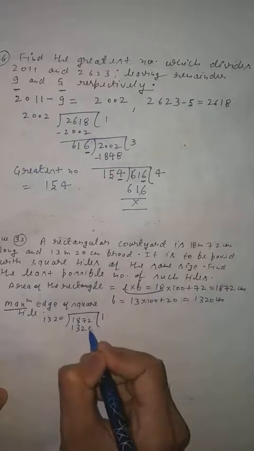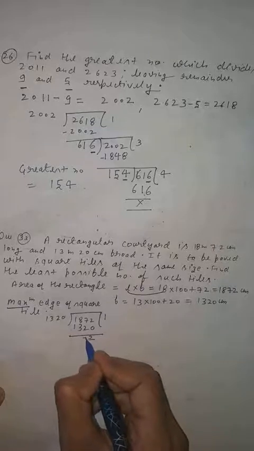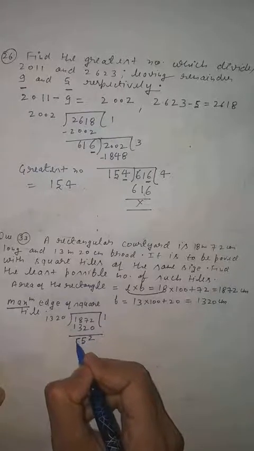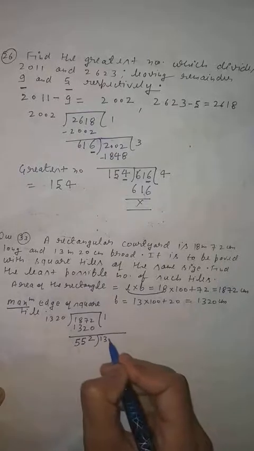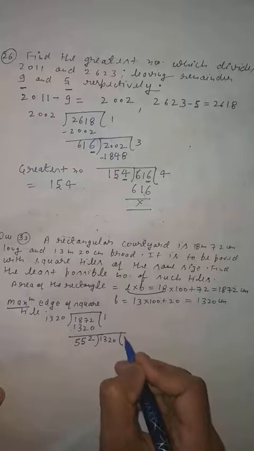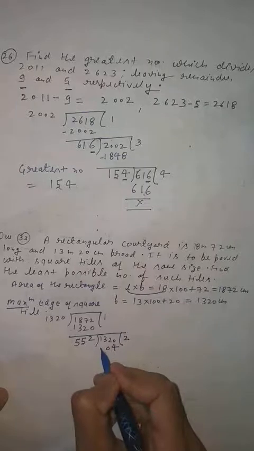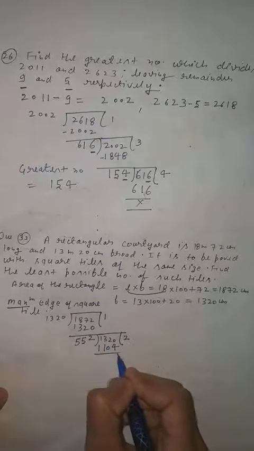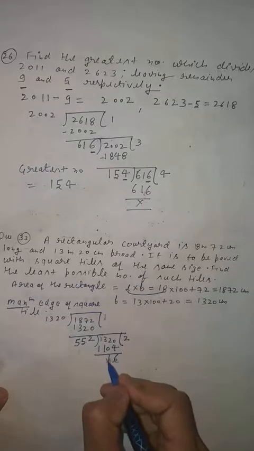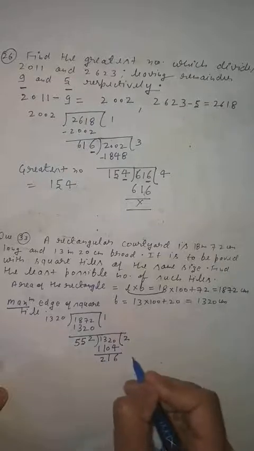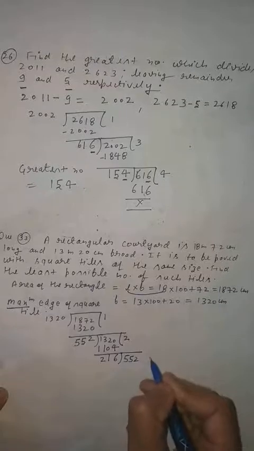Clear, students? So find out, this will come 1 times 1320. So 2, 7 minus 2, 5, 8 minus 3, 5. Again you will divide it. How many times will it go? It will go 2 times. 2 4s, 2 5s are 10, 10 or 11. 10 minus 4 6, then 12 minus 1, 3 minus 1 2. Clear, students? Now 552.